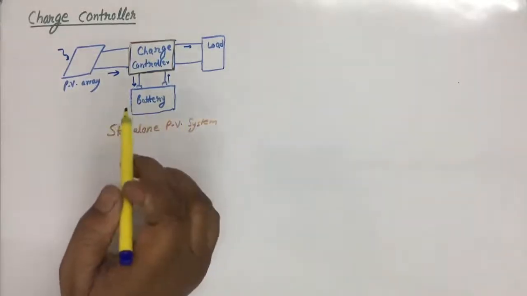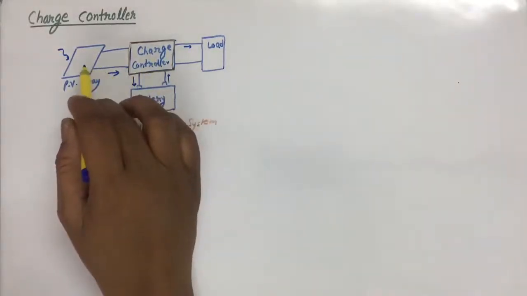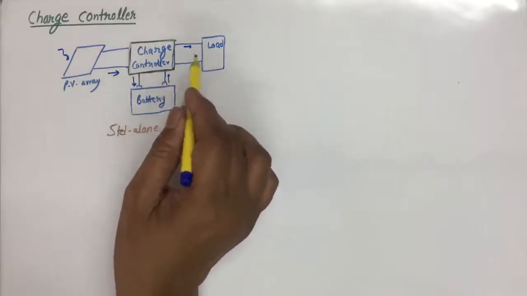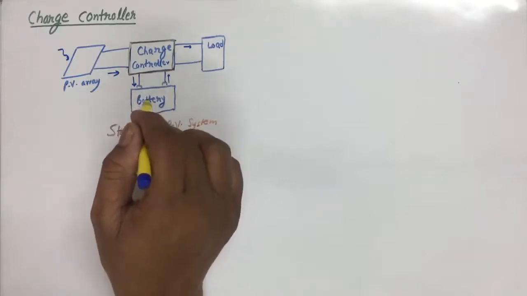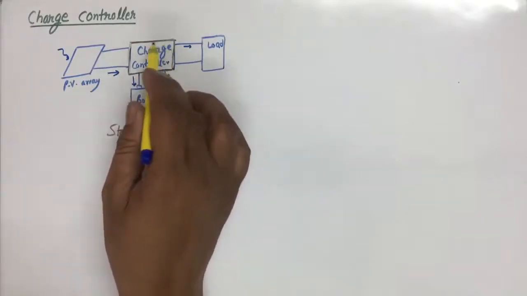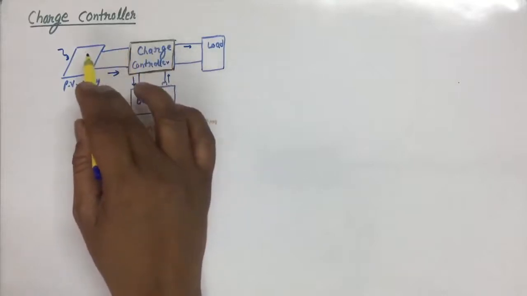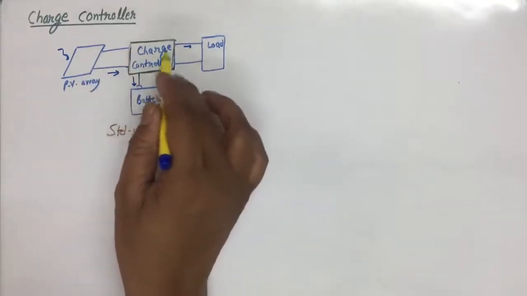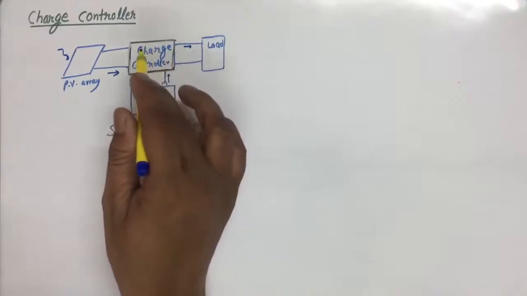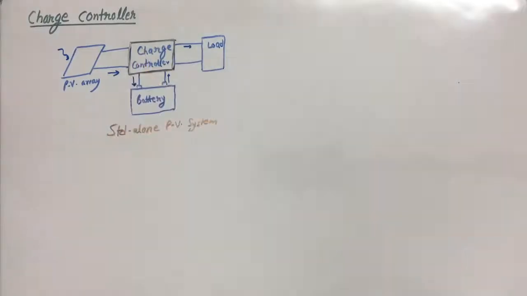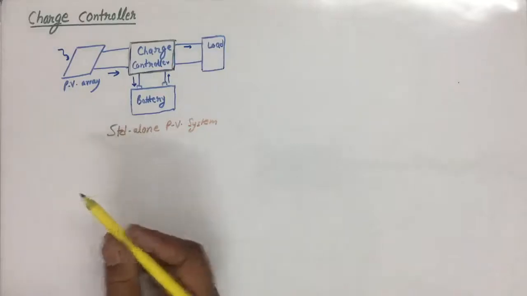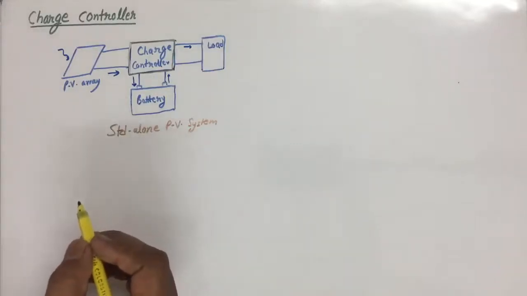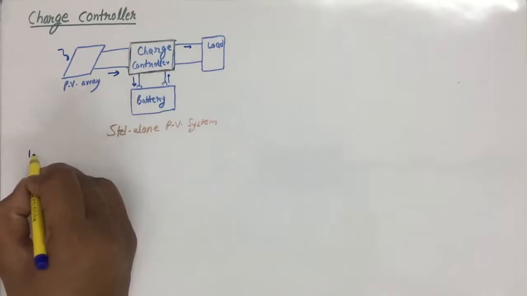In these conditions, direct coupling of the PV array with the load and battery is unhealthy for the battery. This means a device is needed that interfaces the PV system with the battery and the load. This interfacing device is known as the charge controller. The charge controller performs many functions, so we will discuss some basic functions of it one by one.